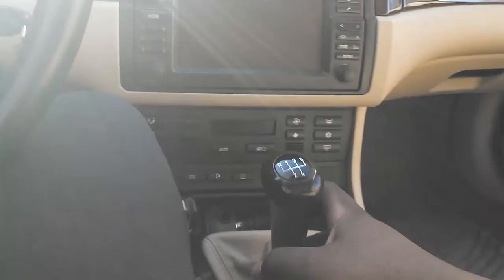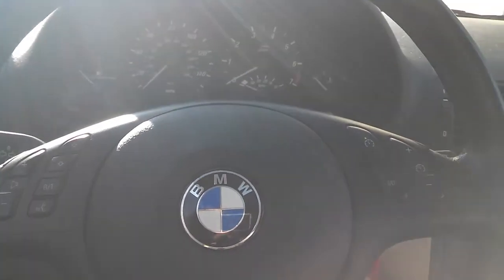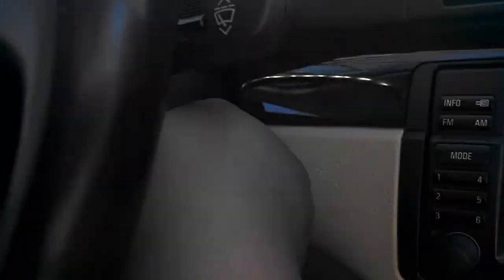Put the car into neutral. And as you see, like I said, you're going to have to use the clutch to crank the car. So look, I'm going to turn the key, but the car will not crank. And I'm going to go down here and...